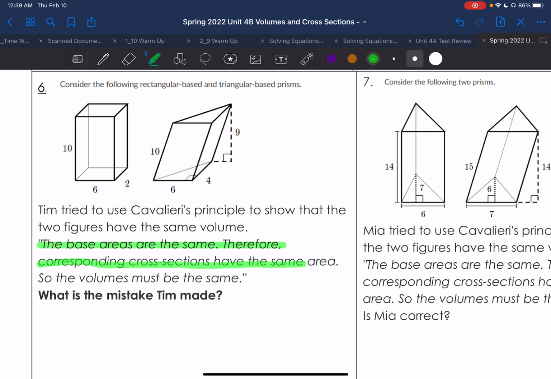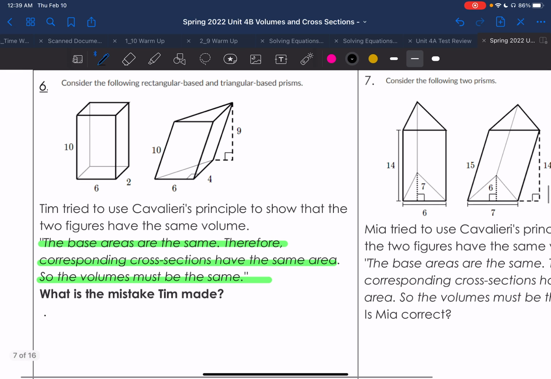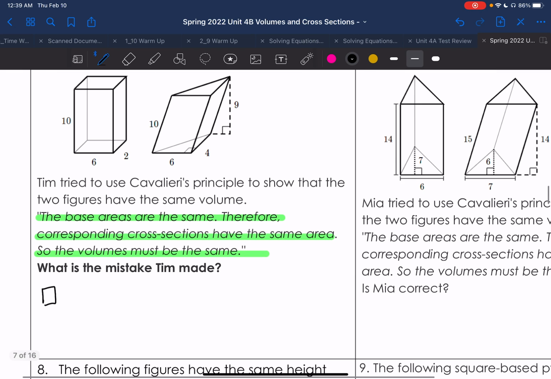The base areas are the same. This is what Tim says. The base areas are the same, so the corresponding cross sections have the same area, so the volume must be the same. All right, but he's trying to use Cavalieri's principle in order to say that they have the same volume. What was a mistake Tim made? Because Tim is not correct. It sounds good, but he's not really correct, okay? Remember, when proving Cavalieri's principle, we have to prove two things. That the figures have the same height,